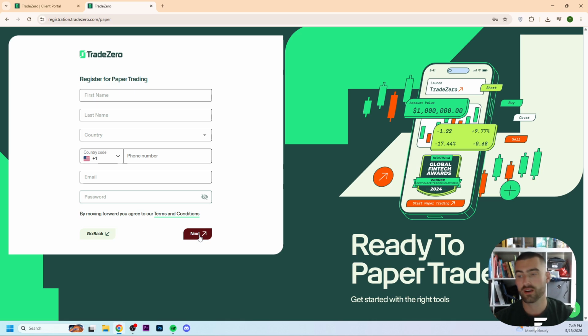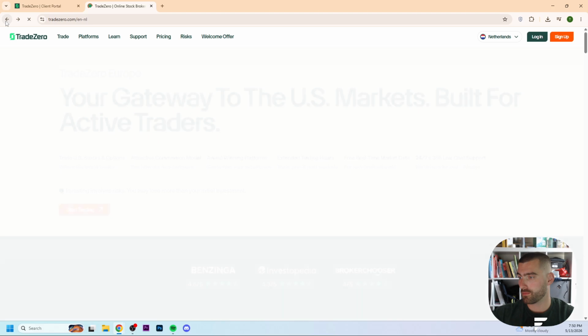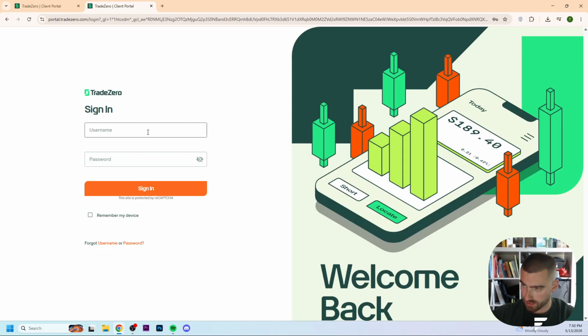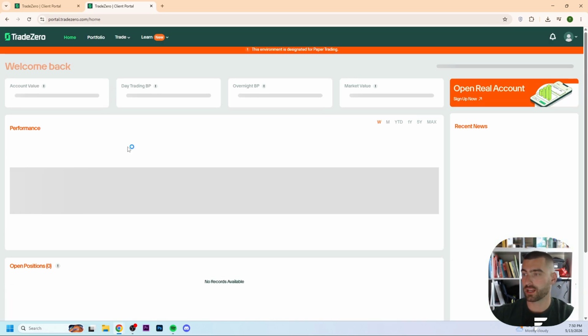to your email. Fill that in, and then afterwards click on next, and then you can log in, because they sent an email to you with a code, and you can use that code as your username followed by the password that you were using right here, and then you can log in. So if I go back and I click here on login, click here, you see this is my code. So it looks something like that. Then there's my password, and now if I click here on sign in,